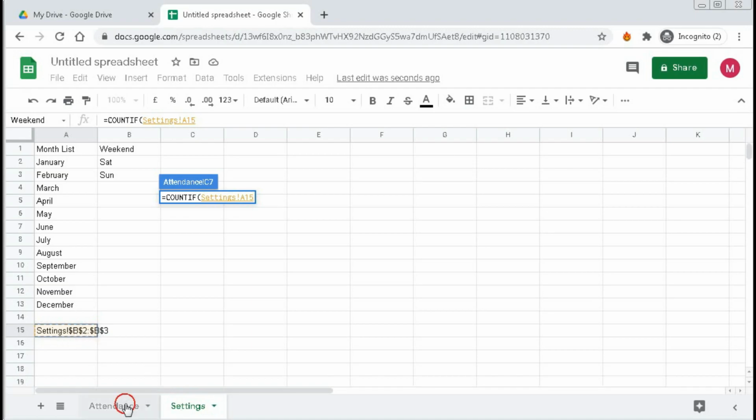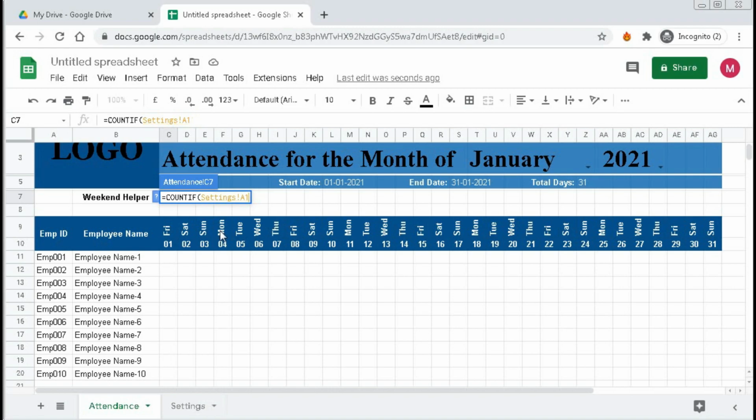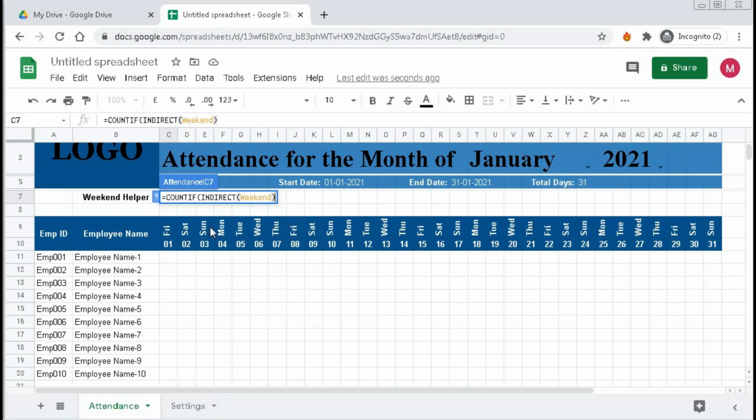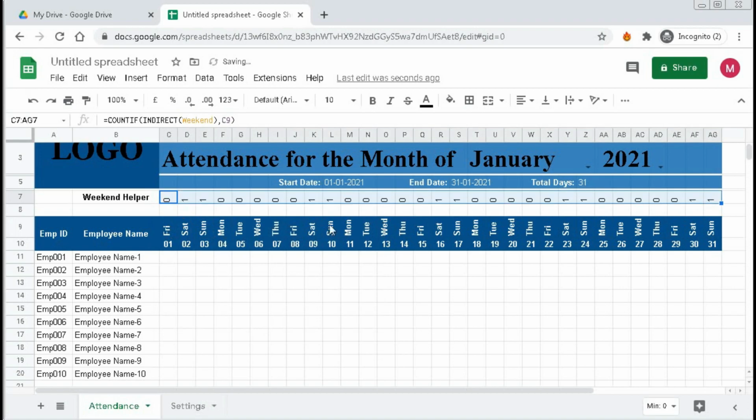So go to attendance, delete this one, type INDIRECT, then weekend, bracket close, comma, then criteria. Our criteria will be this cell, then bracket close and enter. So we got the value 0, and if we drag this till the end, we got 1 for Saturday and Sunday and 0 for the others.